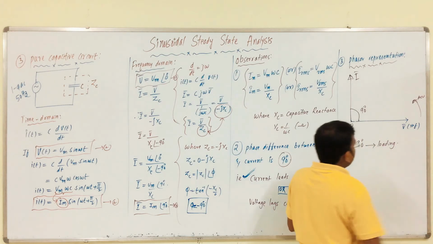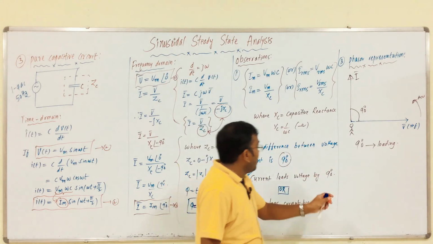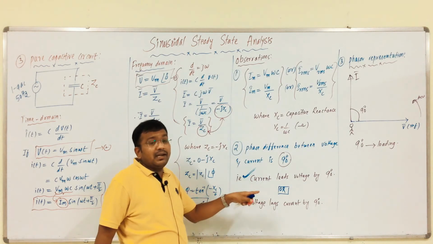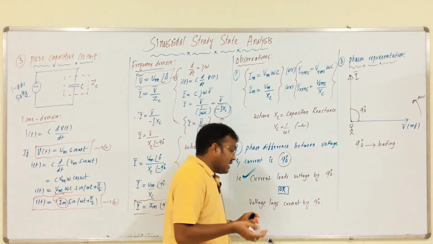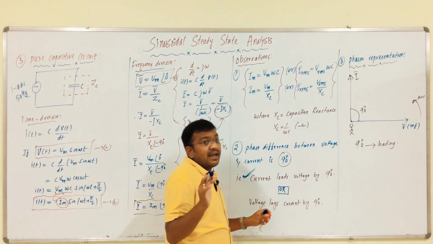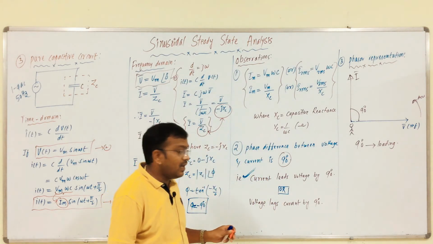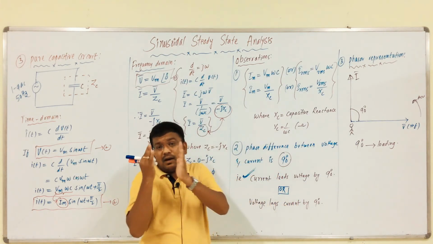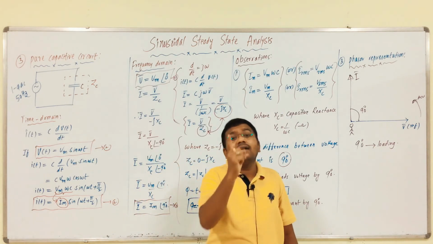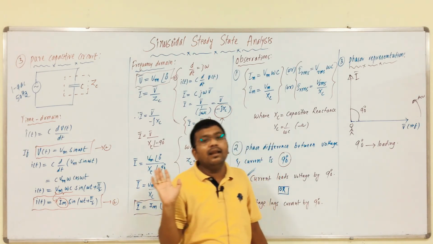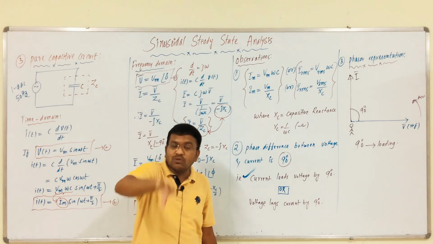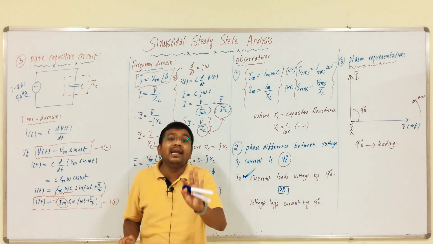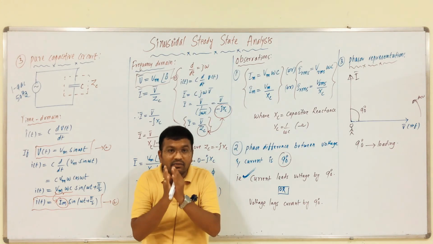The phase angle between voltage and current is 90 degrees. Why is it leading? We are telling with respect to current. In the case of a pure inductive circuit, the phase angle is 90 degrees lagging, since current lags voltage by 90 degrees. Clear? So we conclude that for a pure inductive circuit, the angle is always 90 degrees lagging. For pure capacitive circuits, the angle between voltage and current is 90 degrees leading. We are telling with respect to the current phasor.